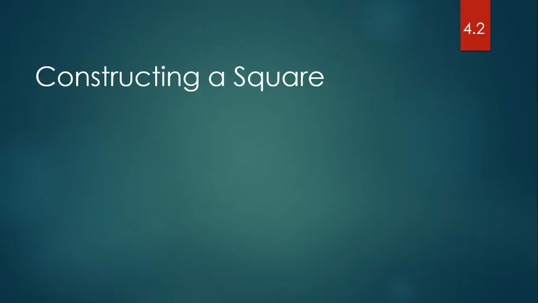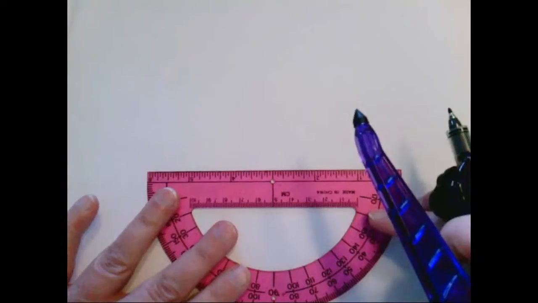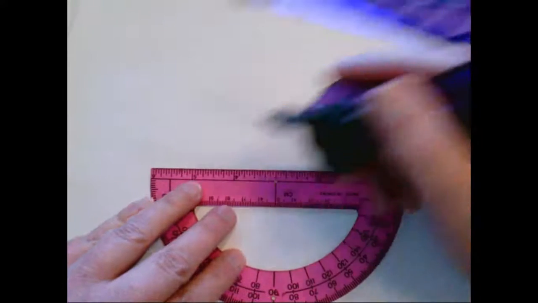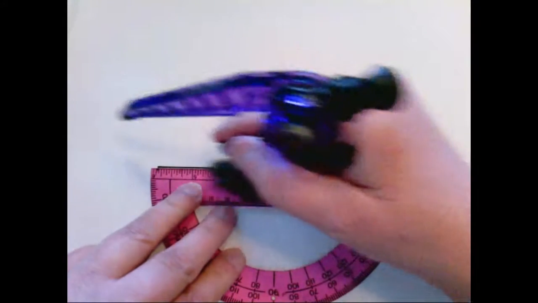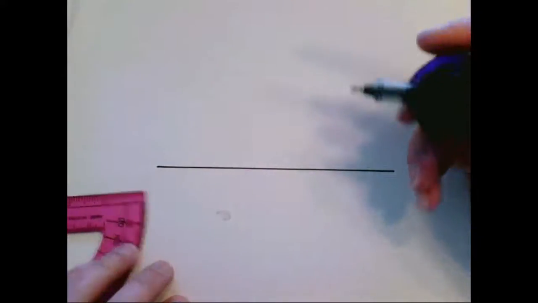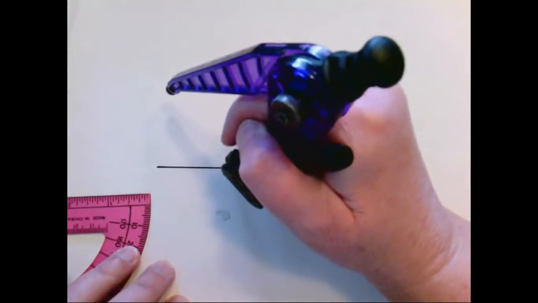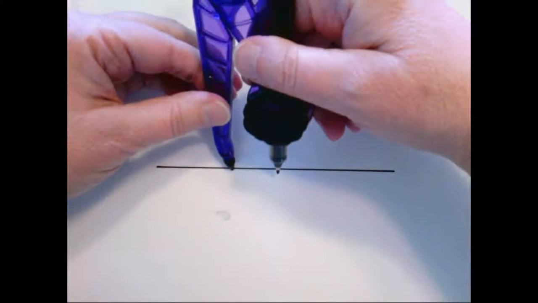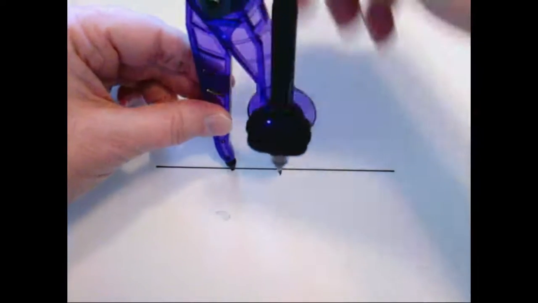Now, since we're going to be doing some constructions based on squares, let's see how we can construct a square. We know that a square has four right angles. So the first thing we're going to do is simply construct a right angle, and that's something that we've done before. So let's start with a line segment. I'm going to put a point on that line segment, and I want to construct a perpendicular to that line segment through the point. So I'll put the point of the compass on the point and make arcs on either